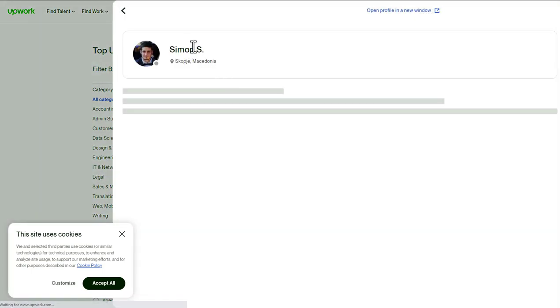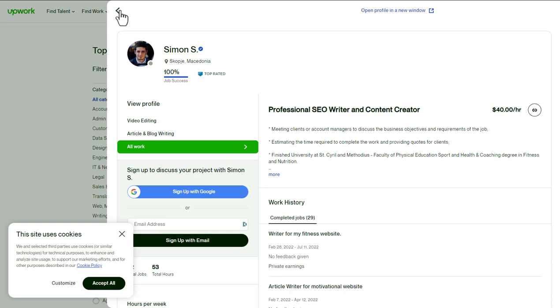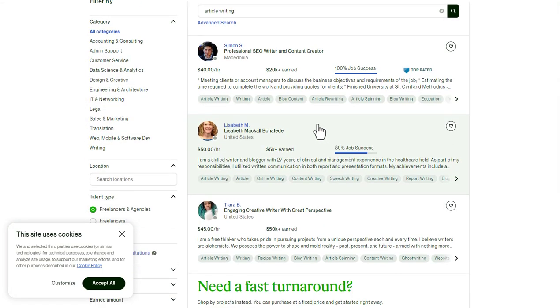Let me look at Simon's profile. You can see he's been doing this for a long time. So basically, guys, this is the competition you're up against. Now, if you're a copywriter and you want to put a profile on these sites and build up your business and maybe give something away for free, it takes time to build up, and maybe you can do this for people.